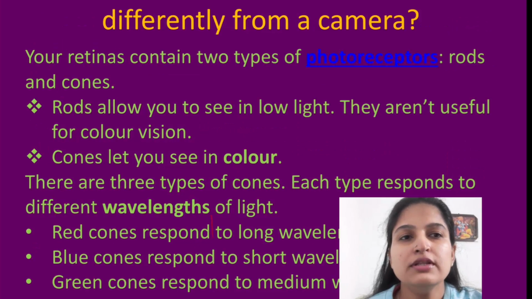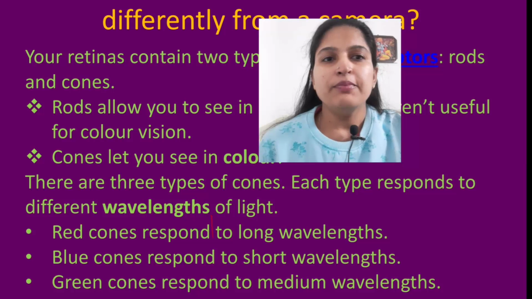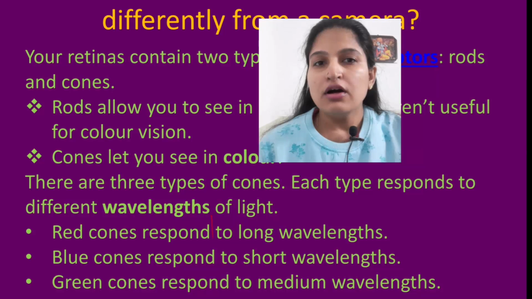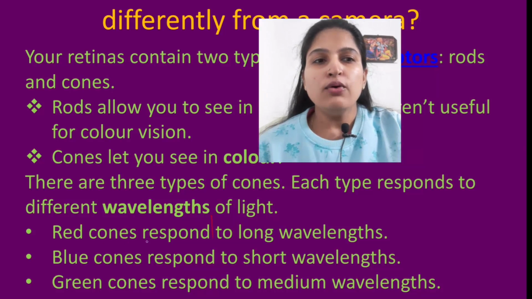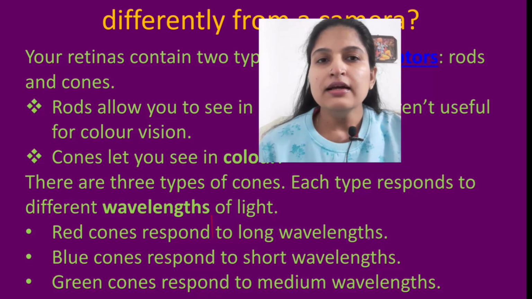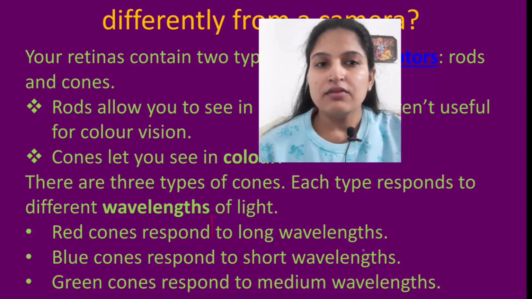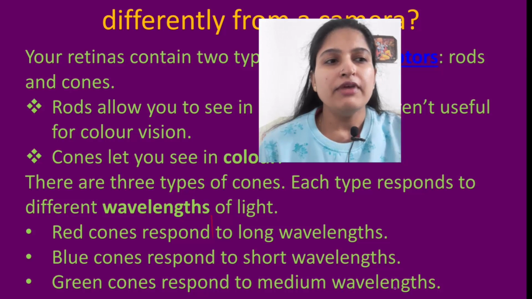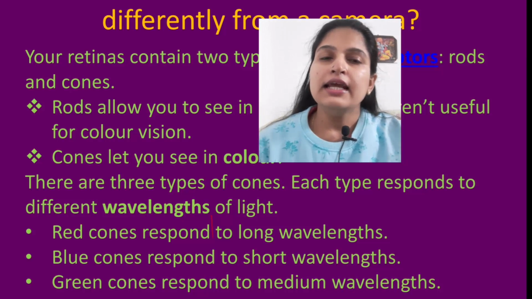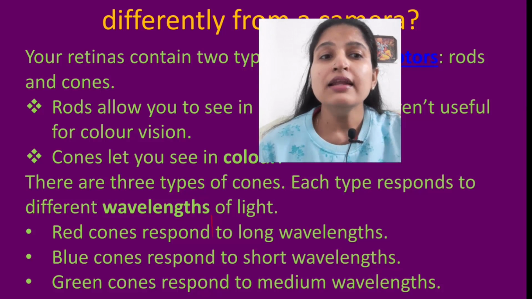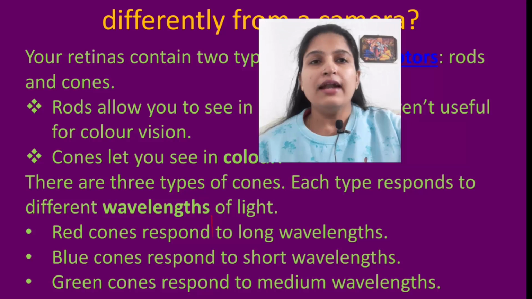Also there are three types of cones. Each type responds to different wavelengths of light. In cones we have three kinds of cone cells. That is, red cones respond to long wavelength light and are responsible for seeing red or its equivalent colors. Blue cones respond to short wavelengths and green cones respond to medium wavelengths. So these are three kinds of cones. You can say red cone cells, blue cone cells and green cone cells, so that we are able to see